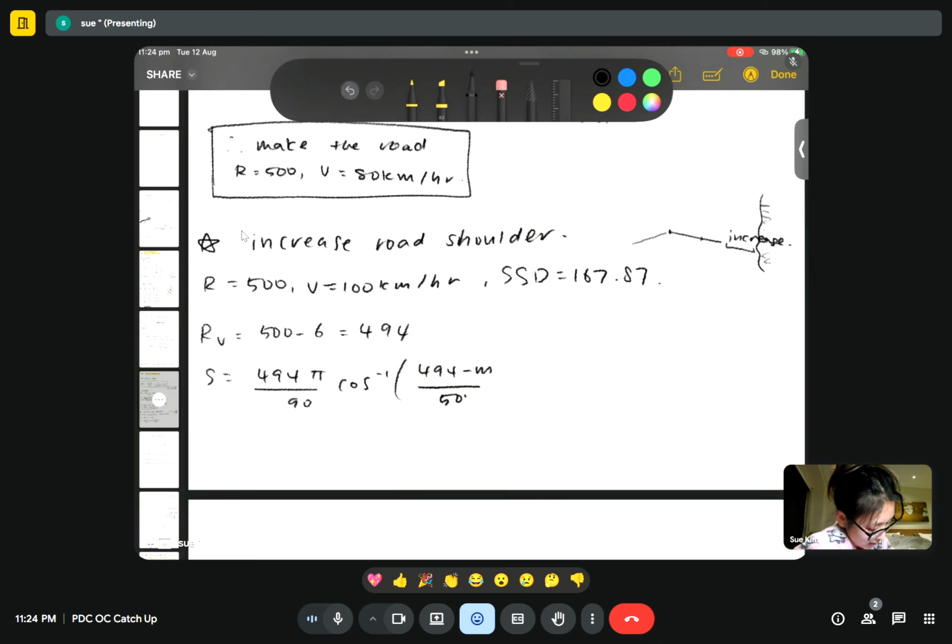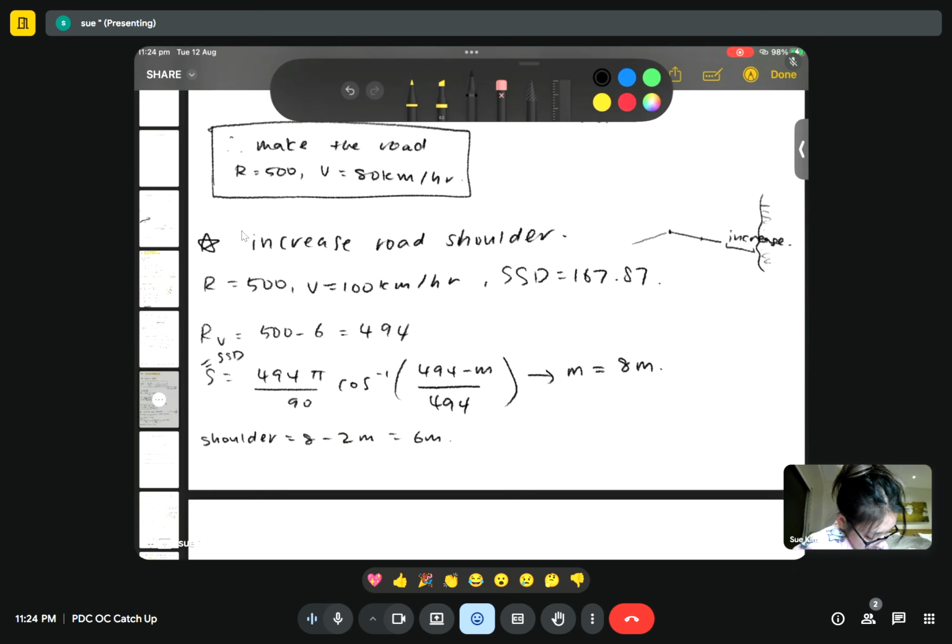Because I don't know what my shoulder is. So actually, since that's the only variable, make side distance equal to stopping side distance, so that's the best case scenario, and that should give me M equals 8 meters. So then that means my shoulder should be 8 meters minus 2 meters,